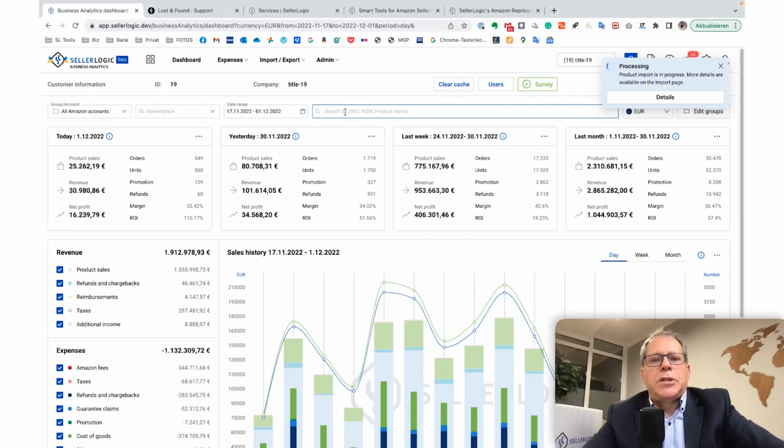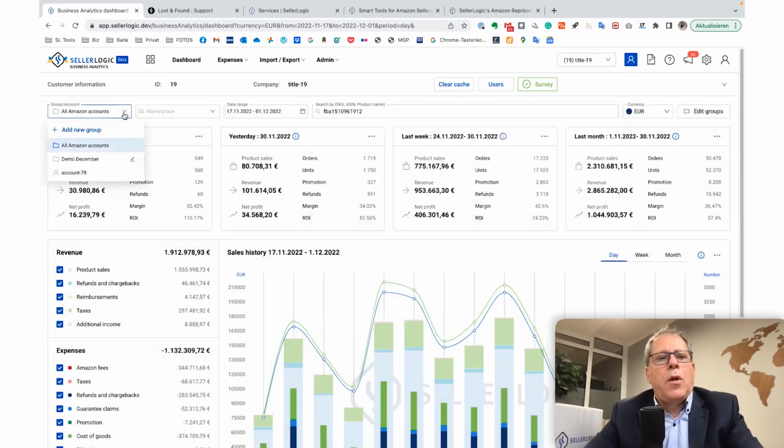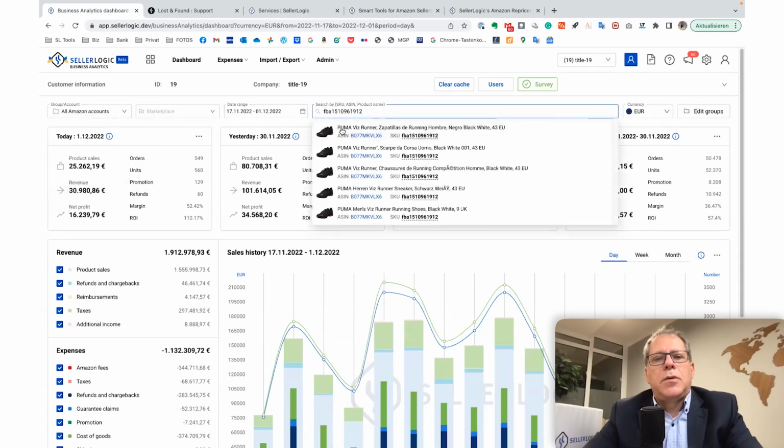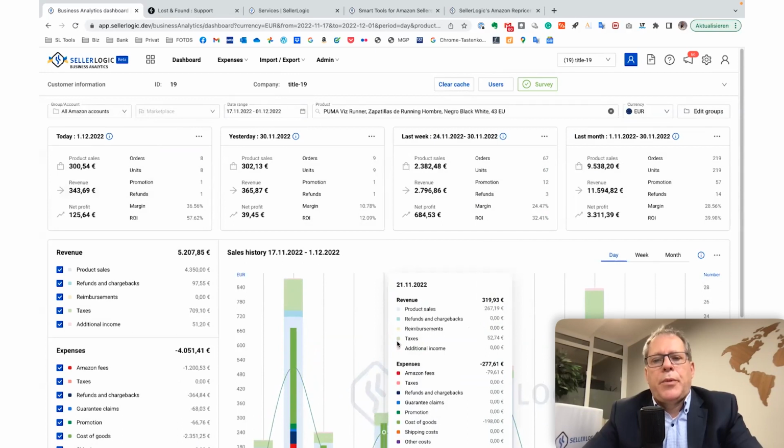Here you can see which is the level of going down in terms of SKU level. I will show you an example by choosing a certain SKU. And here you can see the tool is now checking up on all Amazon accounts for all the marketplaces you are connected in that certain date range and looking up for this SKU and to give back the number for this certain product, which means you now have the chance to overview all the same